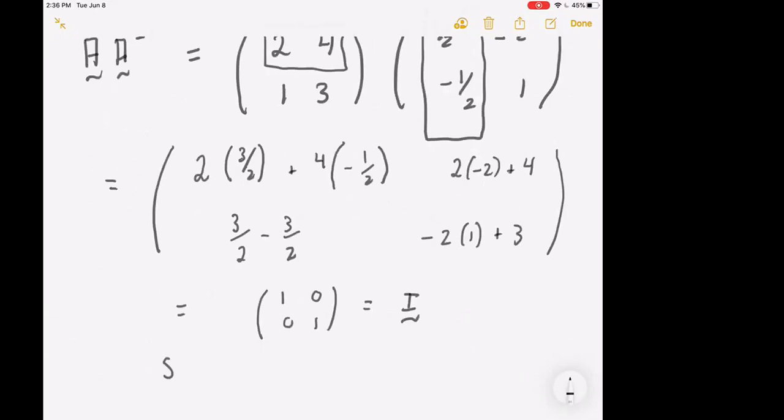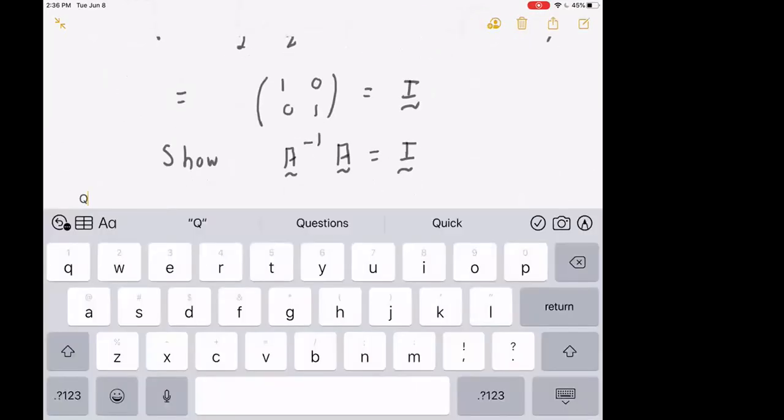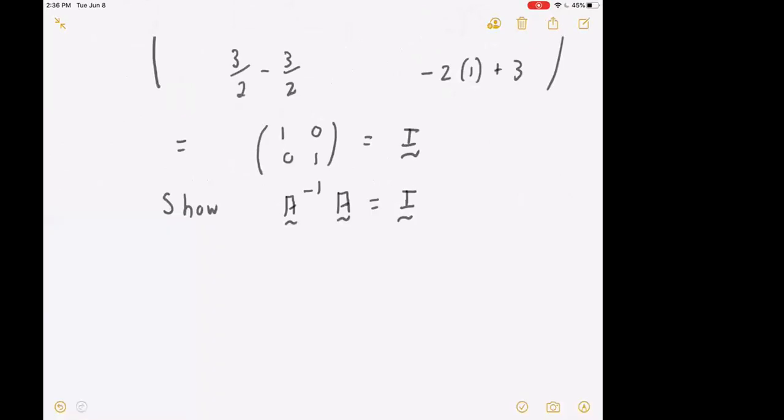I leave it up to you to similarly show that if you take the inverse of A and multiply it by the original matrix A, you also get the identity matrix. So that's something that I leave up to you to do. Okay, so we picked a relatively simple example, but the power of this approach